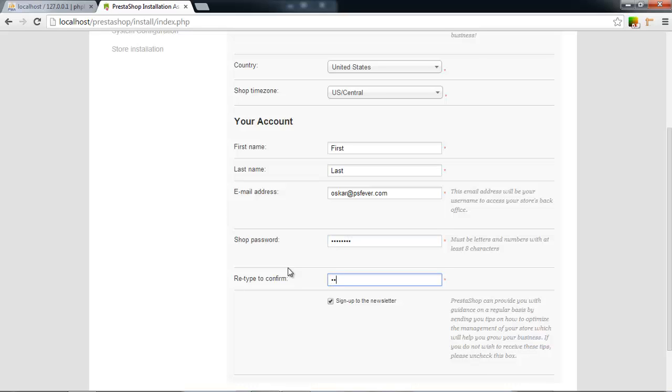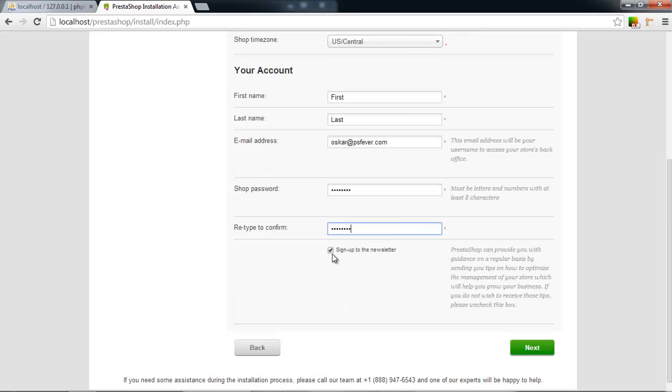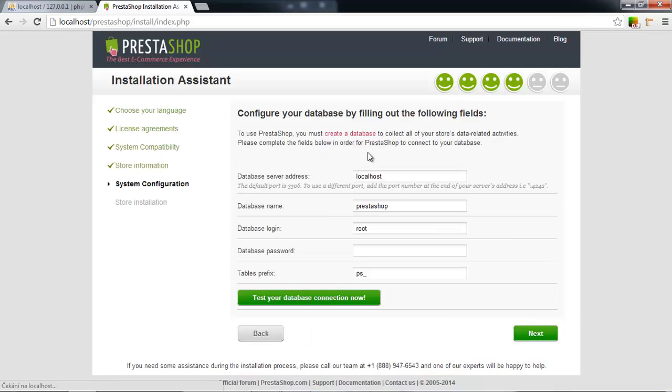I know it's stupid, but it's only for test purposes. This shop will be only on my computer, so it doesn't really matter what we choose right now as the password. I will unclick the sign up to the newsletter because I am already signed up with this email, and